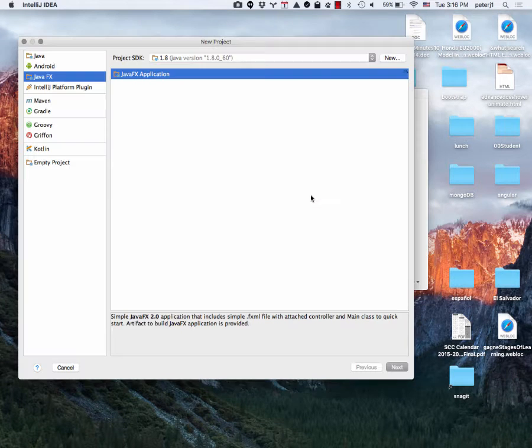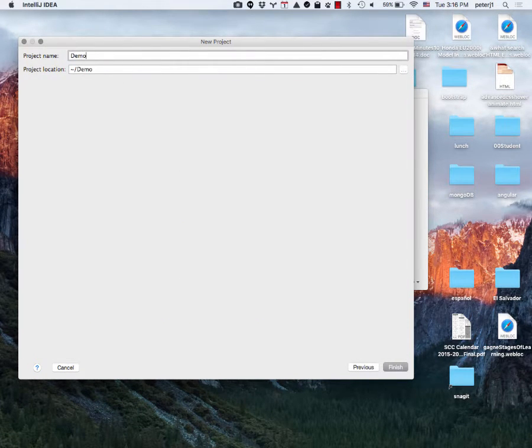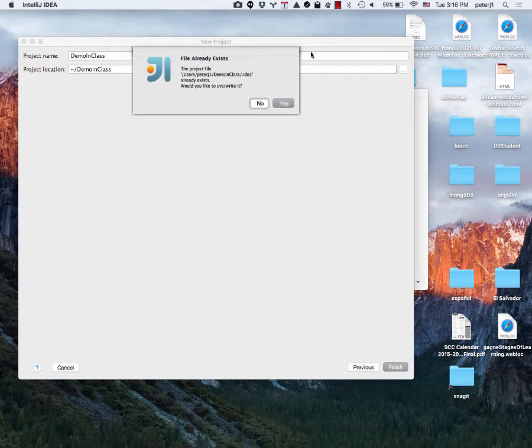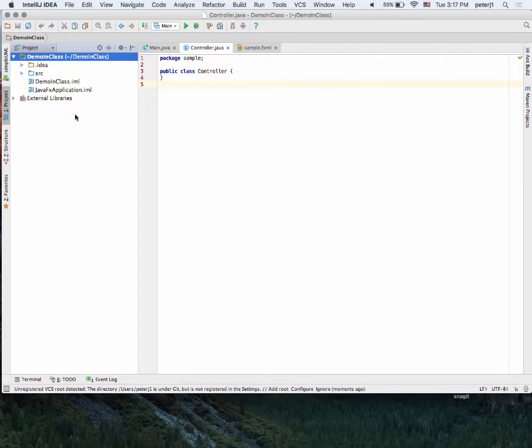All right, so I'm going to create a new project. I'm going to make it a JavaFX project, and I'm just going to call it demo in class. Now, if I open up this project and I open up my SRC, my source file, you can see that it's doing a sample